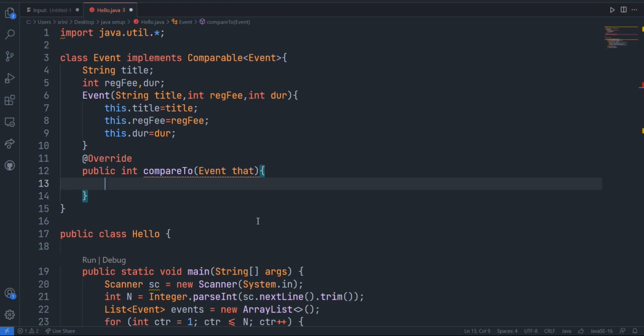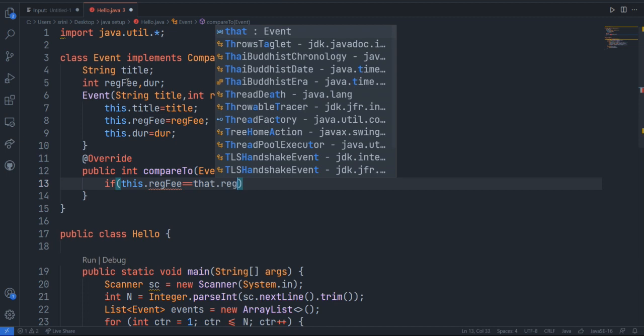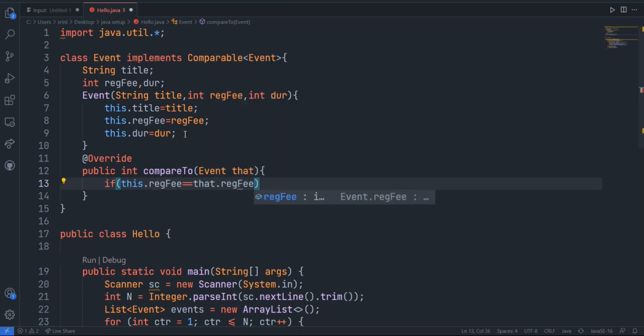That's why I keep that as my variable. So we have to compare the fees first. If this registration fee is equal to that registration fee, which is the local registration fee,